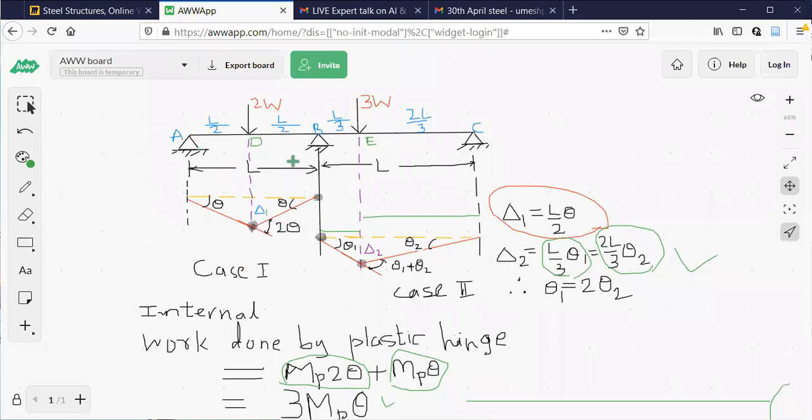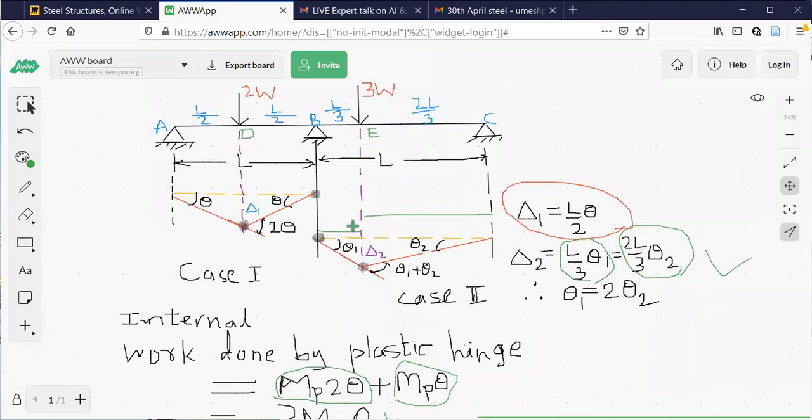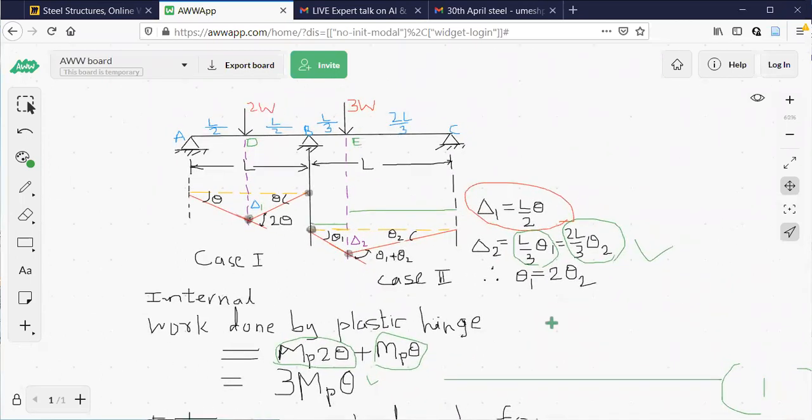Usually what happens is, even if AB collapses and BC is intact, we say that the structure has collapsed. Even if a single beam in a structure collapses, normally we say it is partial collapse, but it is collapse only. That doesn't mean that every beam, there are hundreds of beams in a building, every beam should collapse. It is not like that. So they are called different terms: partial collapse, or complete collapse. Okay. Now see this second one I have not done here, but let us do it here only. Case 2.